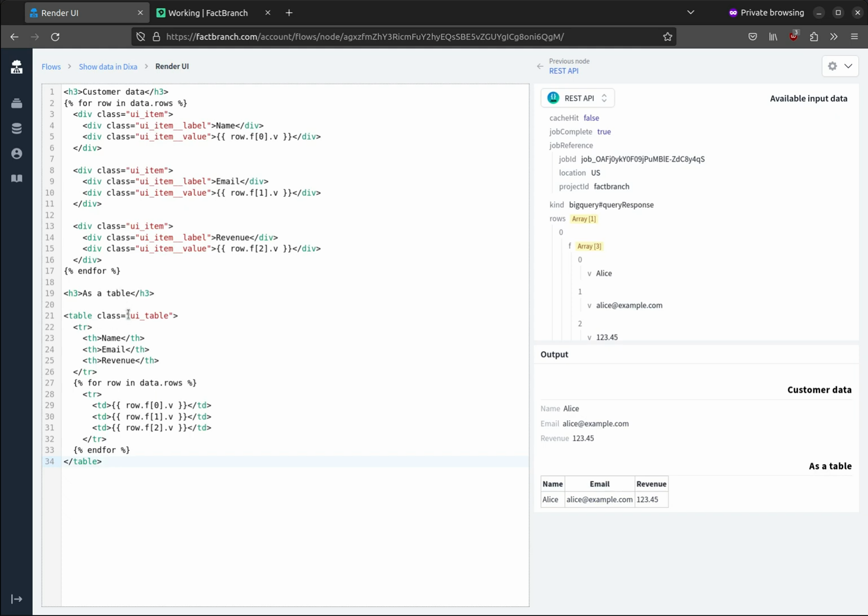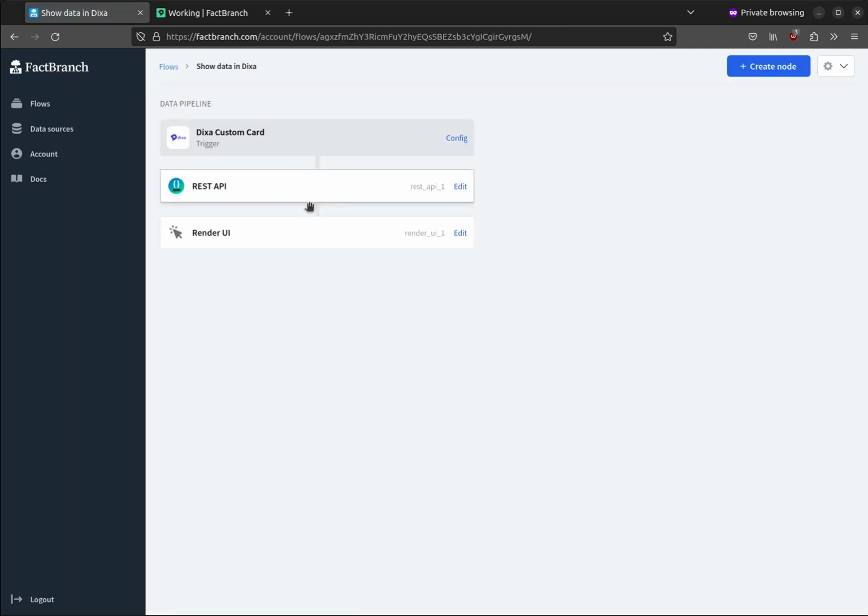We're using predefined CSS classes for that, the ui_table. Just so if I remove that, you'll see what it does. So it just turns this table into a very dense but still nice design or layout. All right. So this is the output we'll get in Dixa, and the final remaining step would be to create